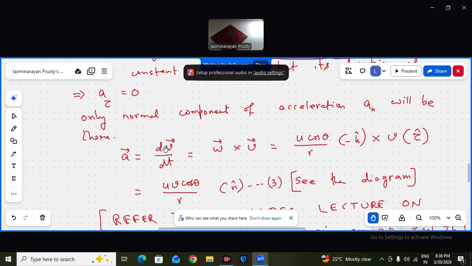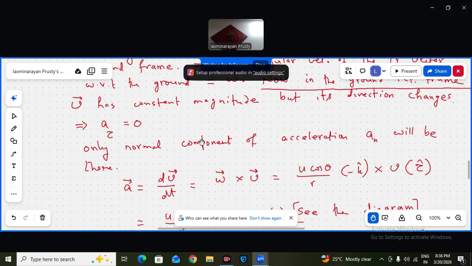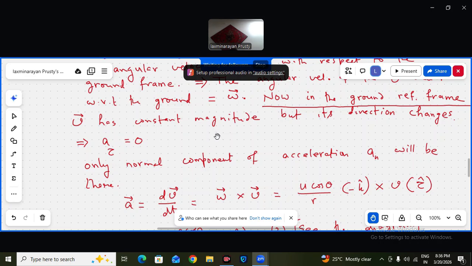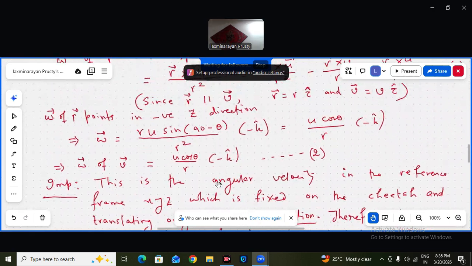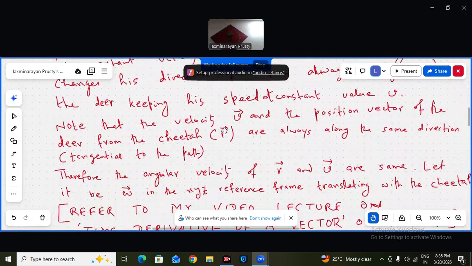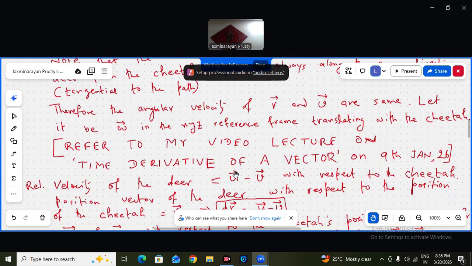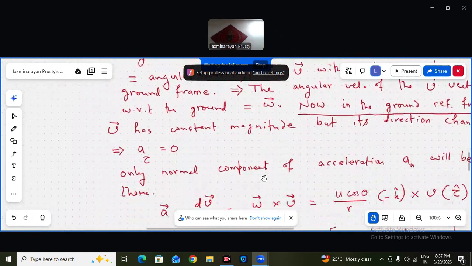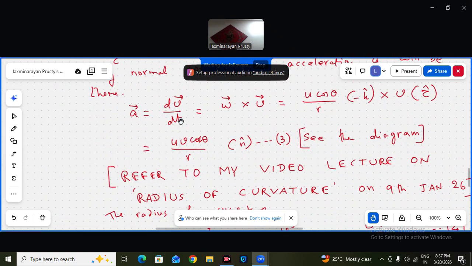So a will be dv bar by dt, with a constant magnitude vector V bar. So what is the rate of change of a constant magnitude vector? Same time derivative of the vector. You refer to my video lecture given on 9th January 26. Go to my channel and see this. So acceleration dV bar by dt, for a constant magnitude velocity with direction changing,